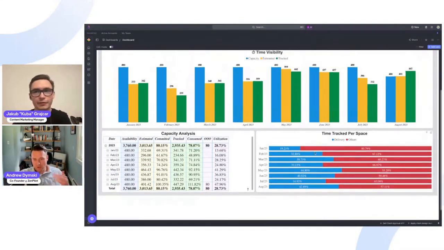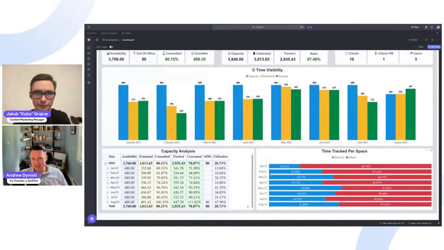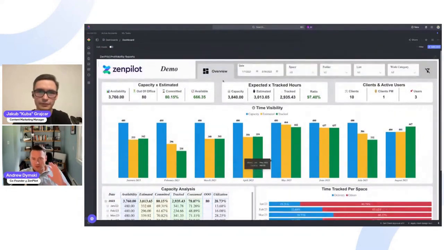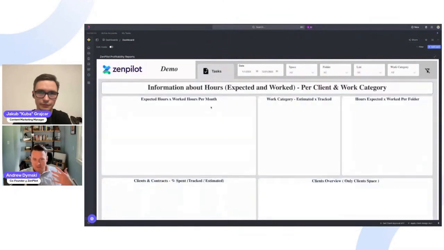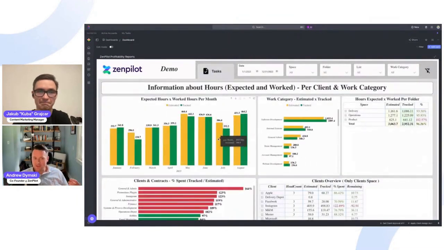So at a high level, we want to know that utilization, and then seeing that visualized here, what percentage is in that delivery area versus that growth or that operations area right there. So that's the overview. It just gives you kind of a jumping point at the beginning. We can then jump into tasks and get more information on the tasks that live inside of each of those containers there. The things I want to shout out here are on the left-hand side, we've got that expected versus